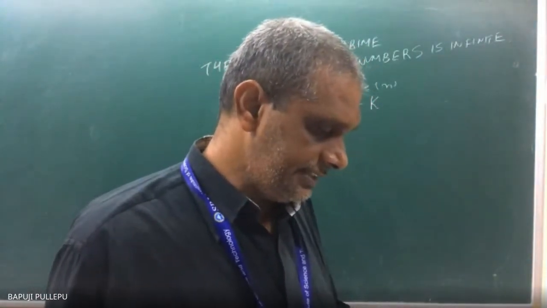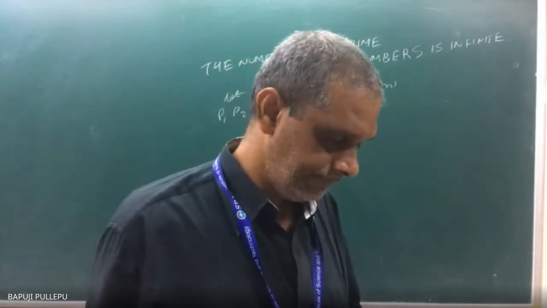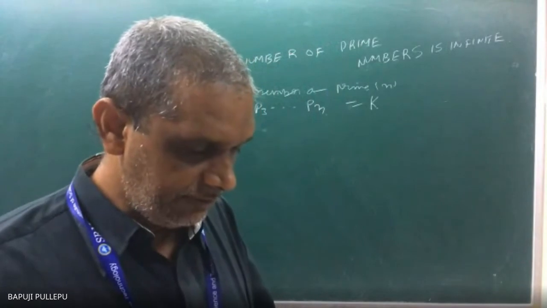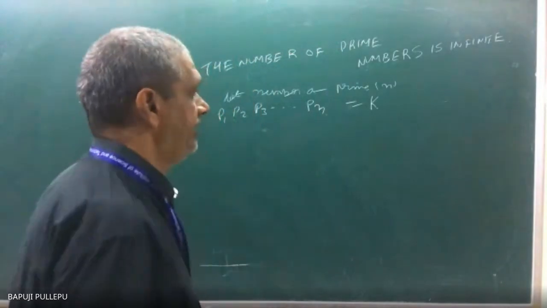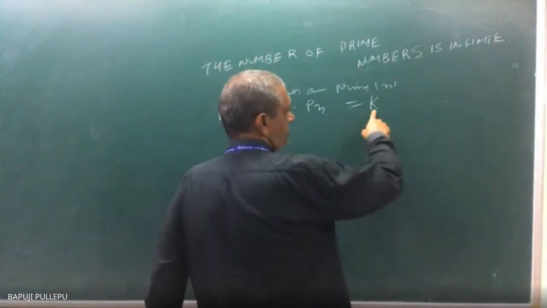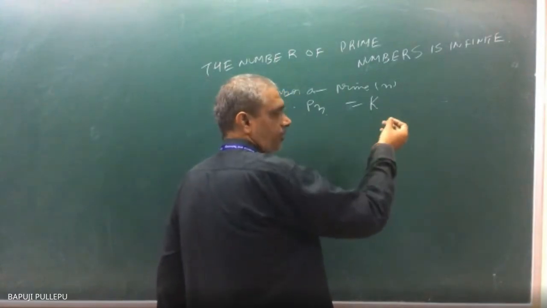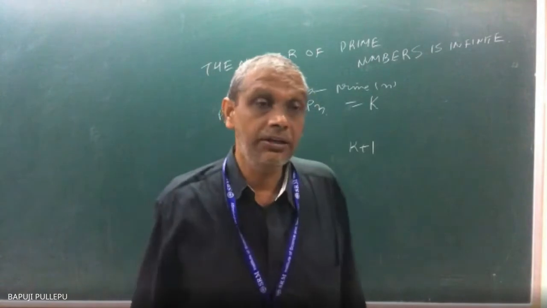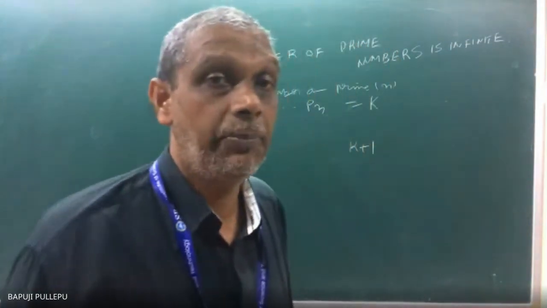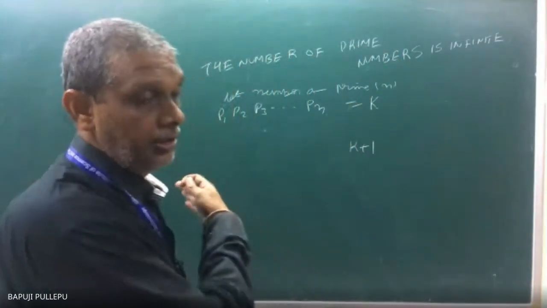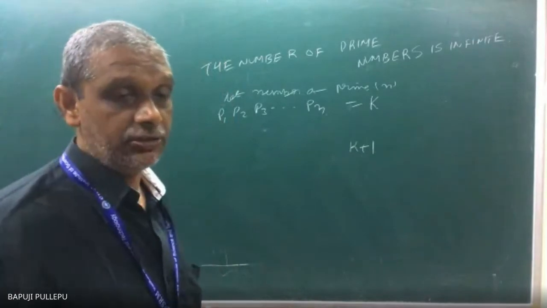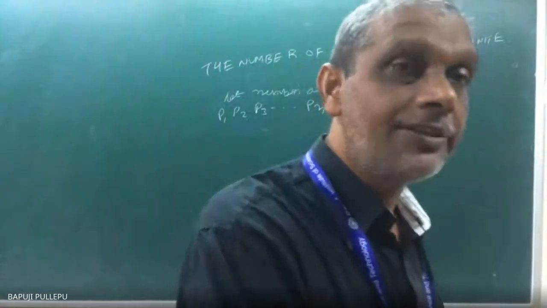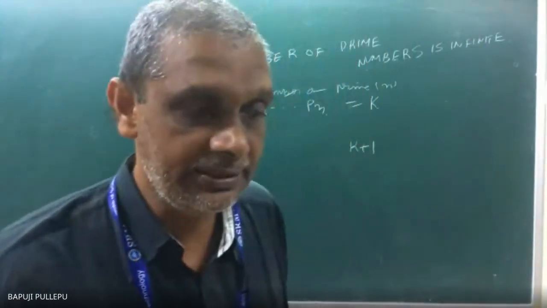Now, does k plus 1 exist or not, tell me. Now, none of the primes p is a divisor of k plus 1, I am taking. Whether k is a composite integer or prime, whatever it may be, k plus 1 is not divisible by any of the prime numbers. Means what? Obviously, this would be another prime number. Understanding or not?